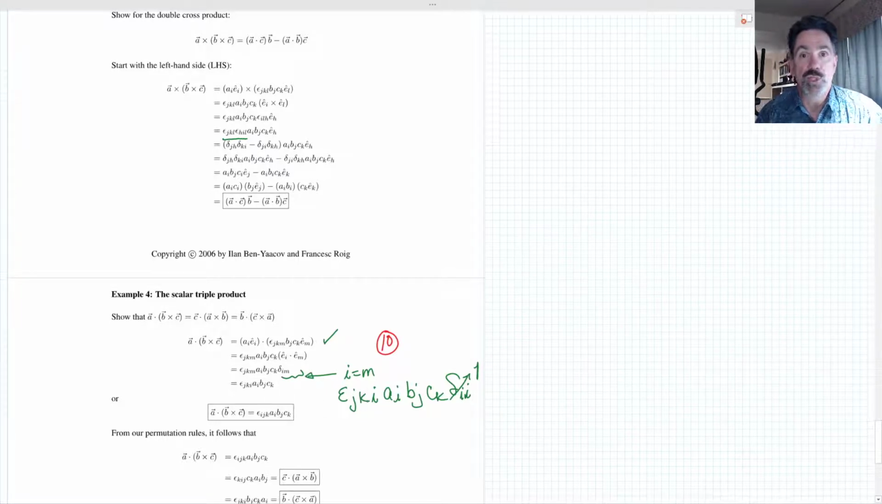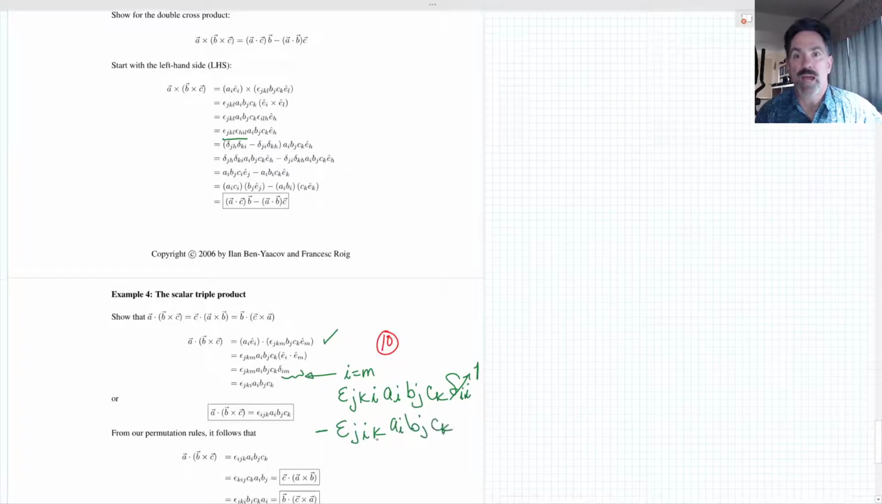Now, they did swap around the indices, which we can do, but because it's a permutation tensor, every time we do a swap of these things, we are actually changing sign. So you see what they did was they did one swap to make this EJIK, which would actually require a negative sign out in front,